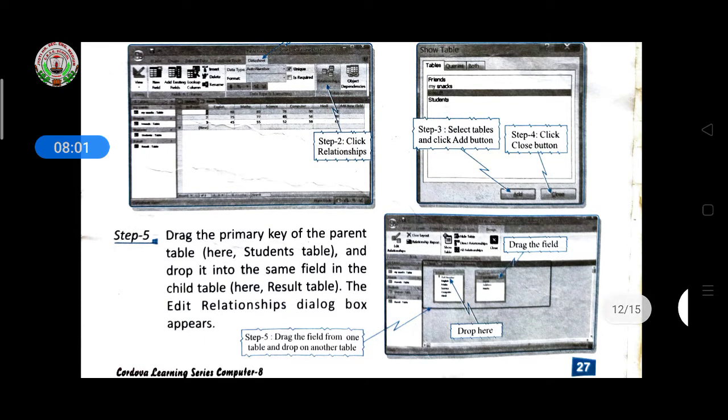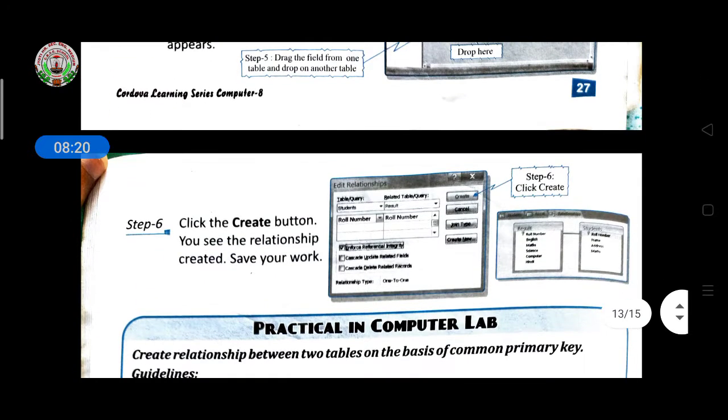Then drag the primary key of the parent table, meaning here the student table is the parent table, and drop it into the same field in the child table. You have to make one parent table and one child table, merge both in a relationship, and then access the data from those tables.